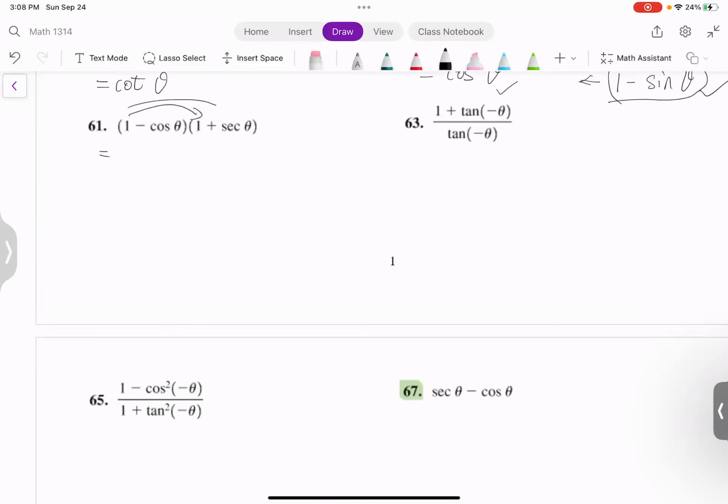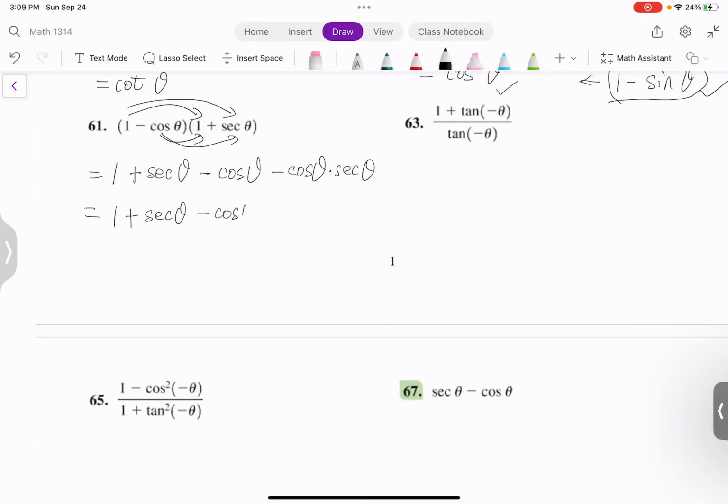Okay, let's FOIL it. If I don't know which way I can simplify, try any method you have learned. Okay, let's see. 1 times 1, 1. 1 times secant theta. And the negative cosine theta times 1. Minus cosine theta times negative... and the negative cosine theta times secant theta. And 1 plus secant theta